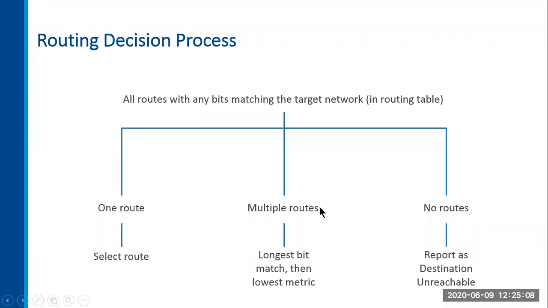The third option is if the router has multiple routes that match that packet's destination address in its routing table. Now, when multiple routes match, it gets a little bit more complicated. Now it has to find the best match, and it tries to match the maximum number of bits in the packet's destination address and the route address. It tries to match the maximum number of bits. That's called the longest match, and that's what's used to forward the data to the destination.